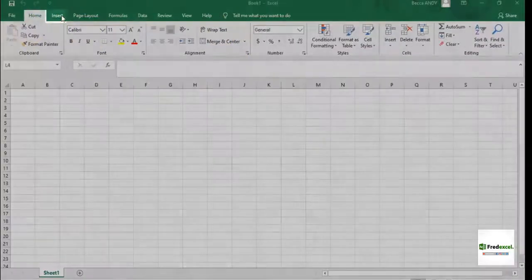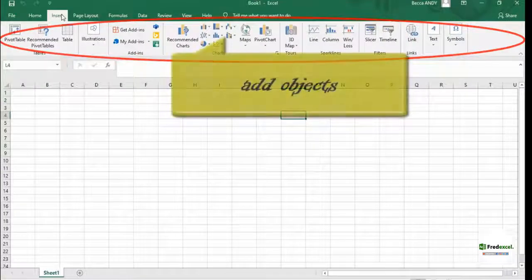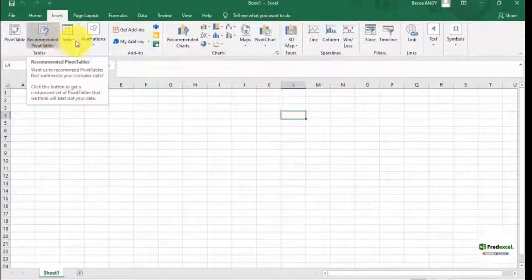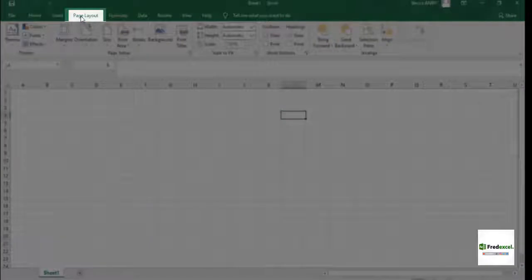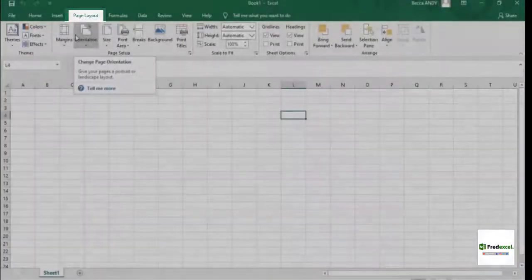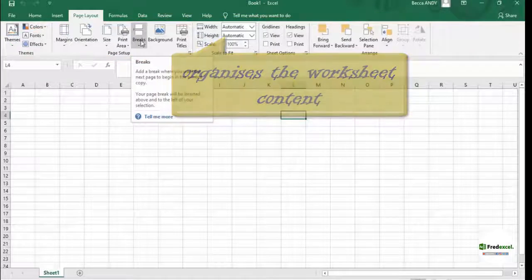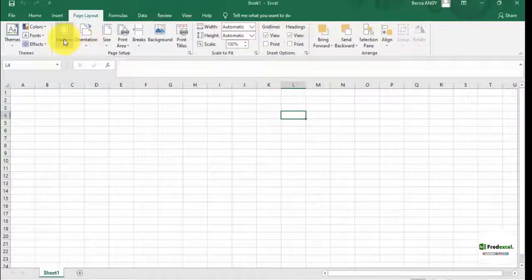Now our Insert tab allows you to add objects to your worksheet. If you would want to add a pivot table, if you would want to add in pictures, graphs, or symbols. Now the Page Layout tab has features that help organize the way the content of your worksheet appears. For instance, if you want to change the page orientation, if you'd want to include margins, fonts, colors, and other